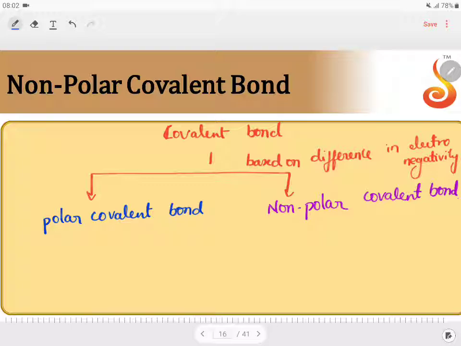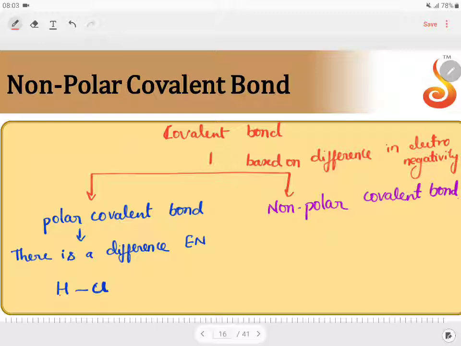See, a non-polar or polar molecule is different and the bond is different. I'll tell you what's the difference. If you consider a polar covalent bond, there is a difference in electronegativity between the two bonded atoms. In such cases, let us consider HCl. HCl is an example of a molecule having a polar covalent bond, because among hydrogen and chlorine, chlorine is more electronegative.